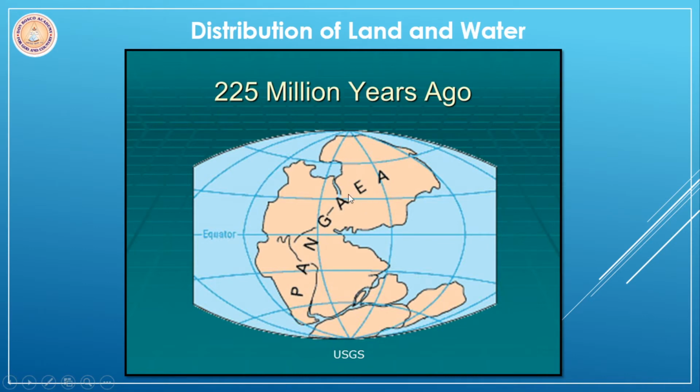It was a supercontinent, and Pangaea was surrounded by a vast ocean known as the Panthalassa. Later on,